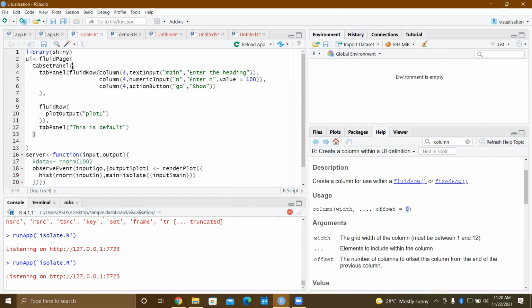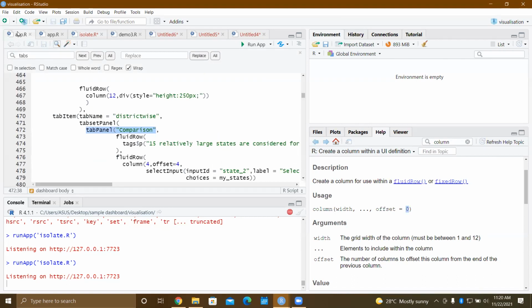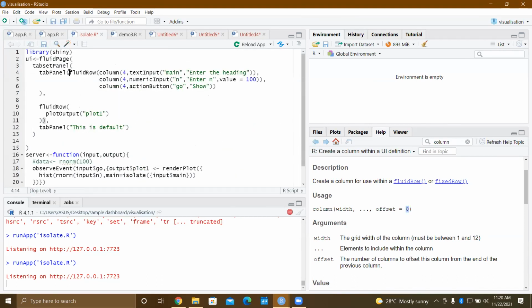Okay, I need to give a name. Tab name, I guess. Let's give a name of tab, Tab A, and another one here, Tab B.